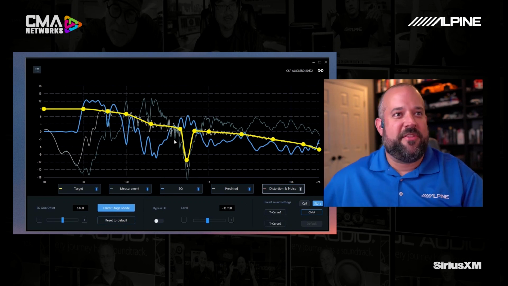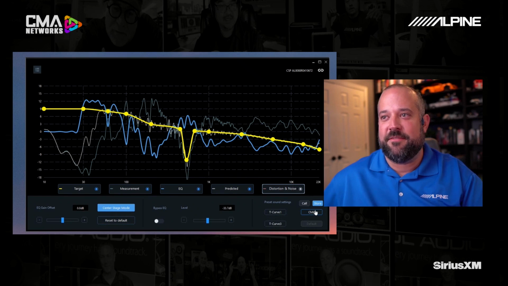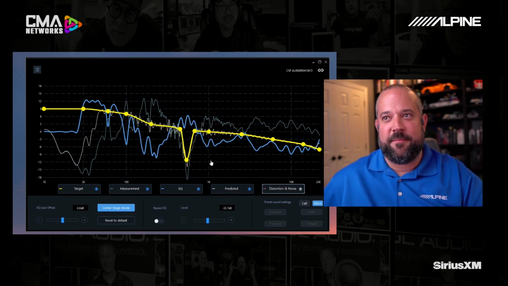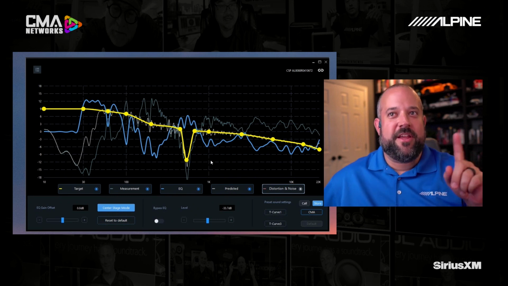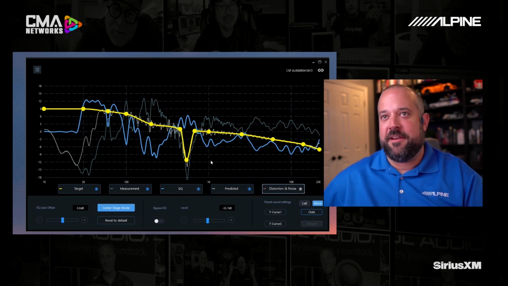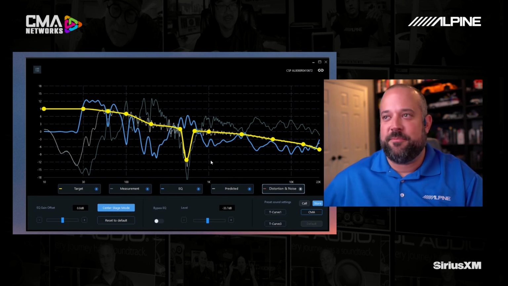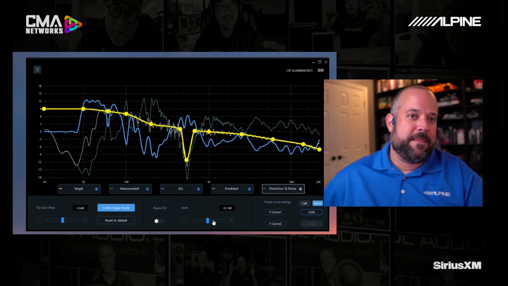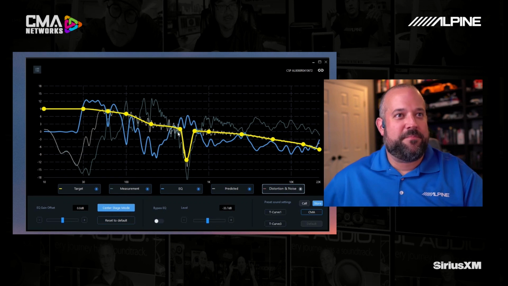And we'll notice right there that that little ring did not come up and went away very quickly, right? That means it actually did not save. So I'm going to do that again. And we're going to see it animate this time. There you go. That's what you want to see. If it doesn't animate, do it again. Honestly, about 99 out of 100 times, you have to do it twice. So just make a good habit of doing it twice. All right. So that's how you'll do your setting, your EQ and all that,